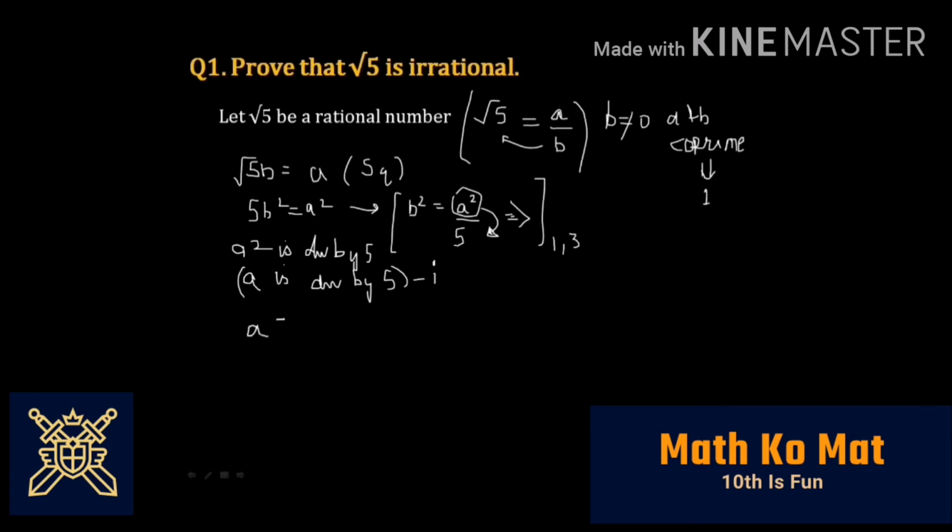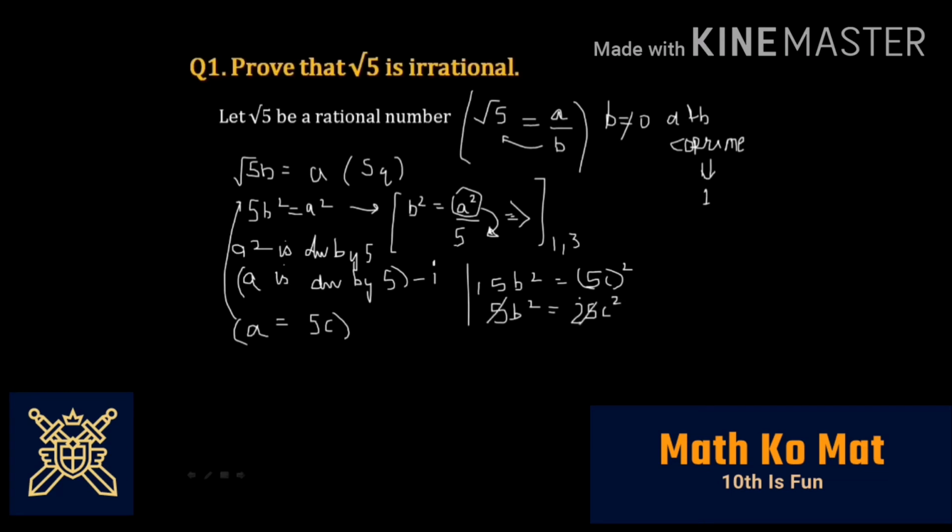Also you can express that a is equal to 5 into some number, that is its quotient c. When you divide a by 5, you get some quotient c, and you get no remainder because it is exactly divisible. So now you have got this value of a equal to 5c. Put it in this equation. We get that 5b squared is equal to 5c whole squared. Open the brackets: 5b squared is equal to 5 squared, that is 25, into c squared.